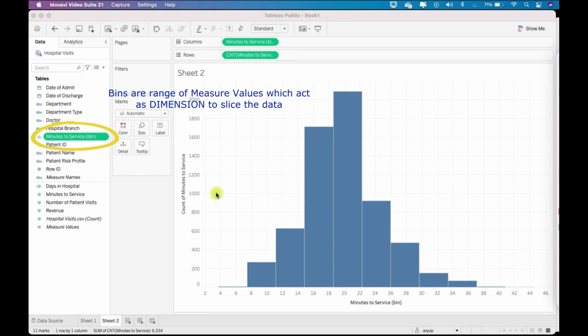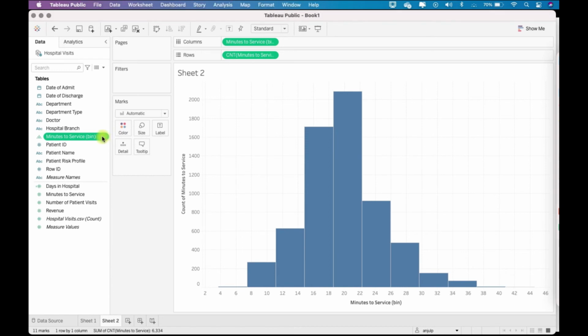Bins are basically the range of measure values that can be used as dimensions to slice the data. You can think of bins as buckets. You can set the size or range of the bin when it is created and edit it at any point. By default, Tableau also suggests a bin size.